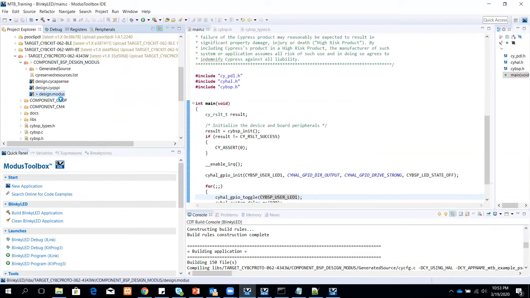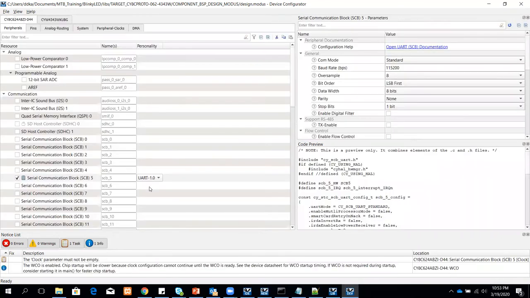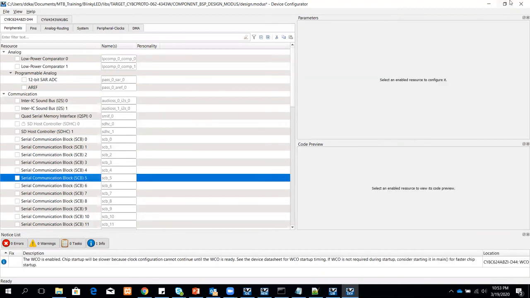You will only come into the configurator when you want to use PDL specific APIs. Otherwise, if you're using HAL, you will not come into the device configurator at any point. Okay, so I'd enabled UART and not set the parameters, so that's why I'm getting errors. I'll just remove everything and